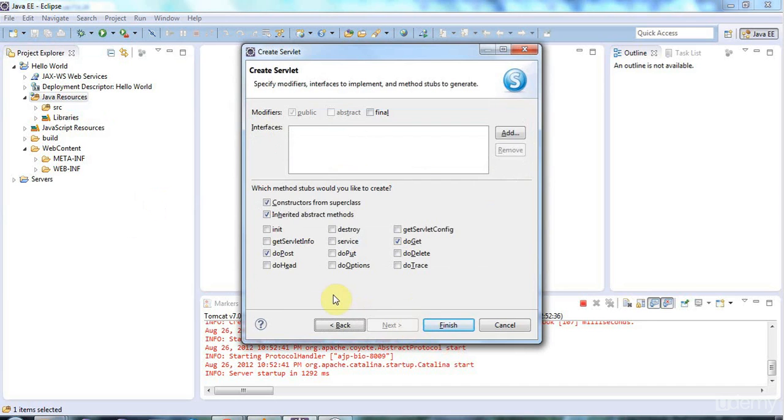And I'm going to give this a doGet and a doPost method, and you can also specify init and destroy, and init will actually be called when the servlet starts up, which it will do when you deploy it basically, and destroy will be called hopefully when it shuts down, but I'm just going to stick with the defaults for the moment. I'm going to click finish,